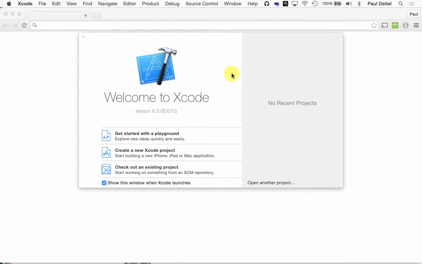Now within the Xcode welcome window here, you have several links that you can use. This first one will enable you to create a new playground file, which is what we'll be doing in just a moment. Playgrounds are a really handy feature that's new in Xcode 6 and is specifically for the purpose of writing Swift code that executes immediately